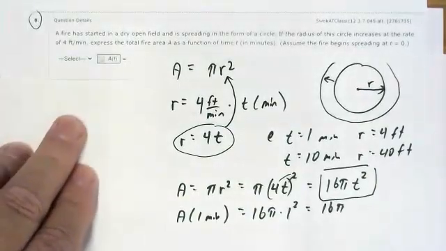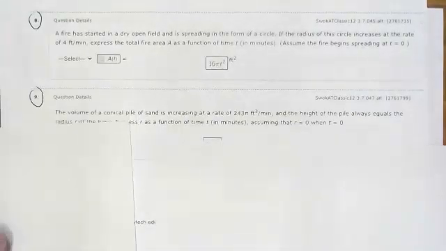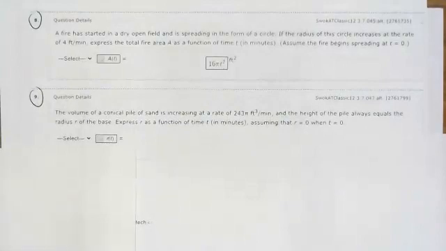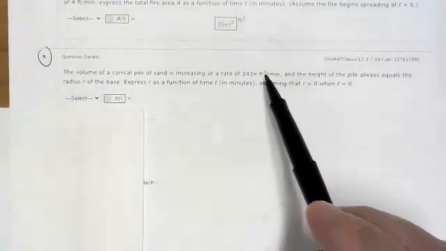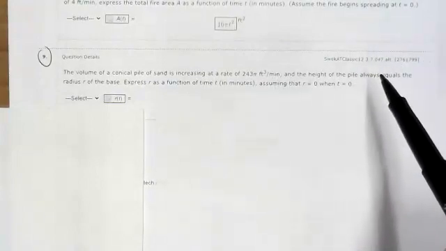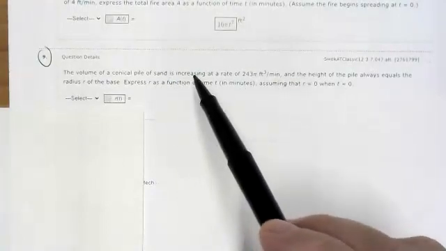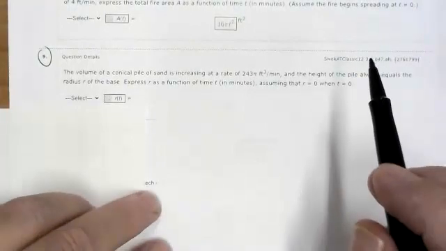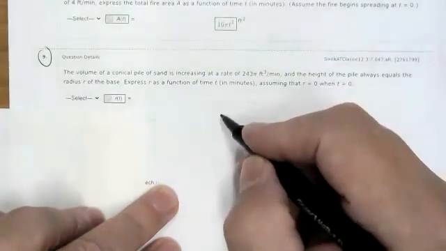Then there's a second kind of problem they give you, which is even a little trickier. So this will help you out on the homework, I think. They say the volume of a conical pile of sand is increasing at a rate of 243 pi cubic feet per minute, and the height of the pile always equals the radius of the base. Express the radius as a function of time. So this is pretty tricky because I even had to go look it up. So what you've got basically here is